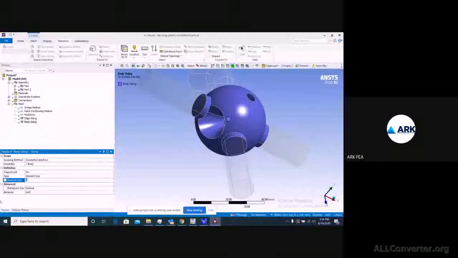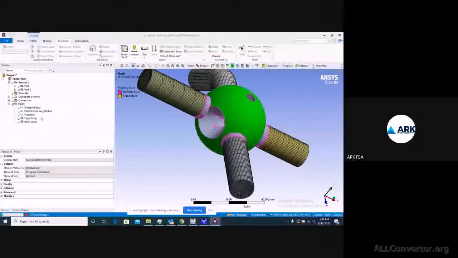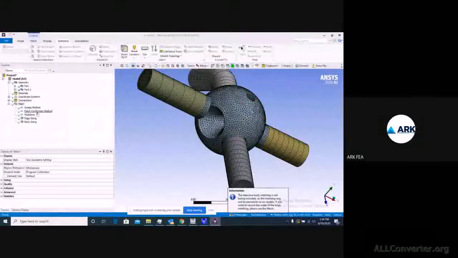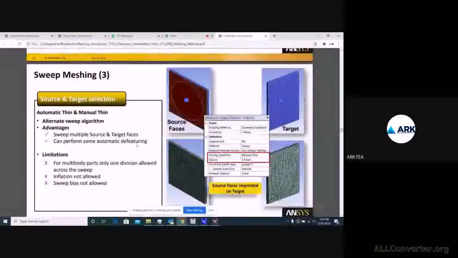So you can give a sizing here, and say generate mesh. Right, so far we have just defined the methods here.